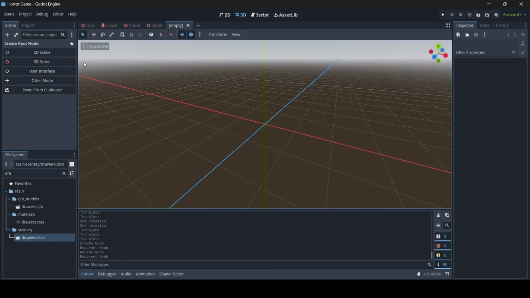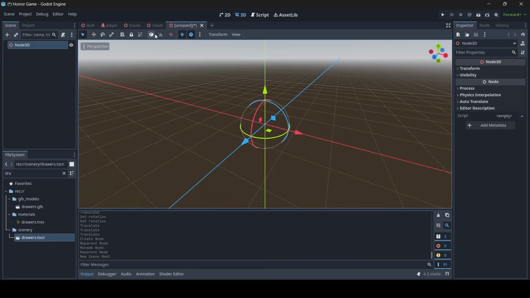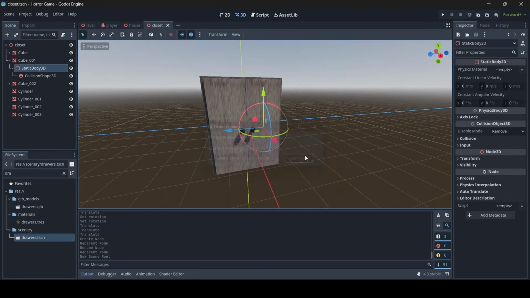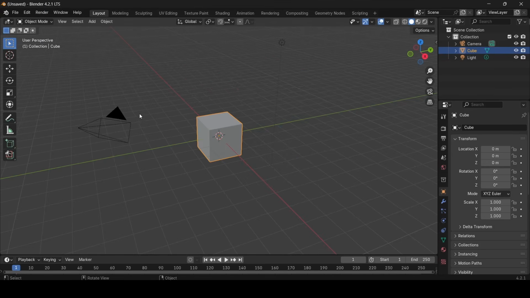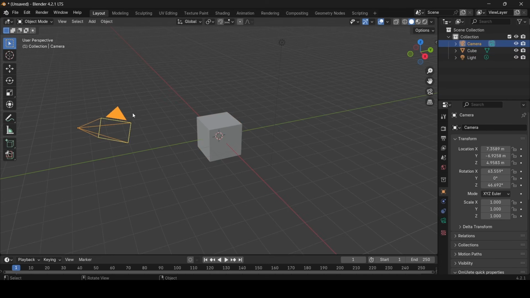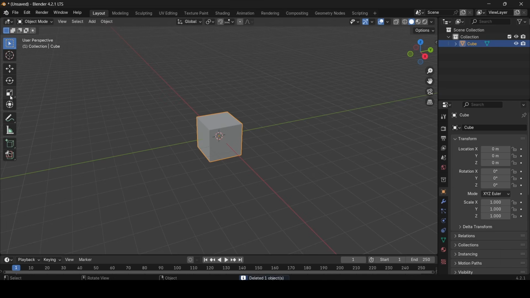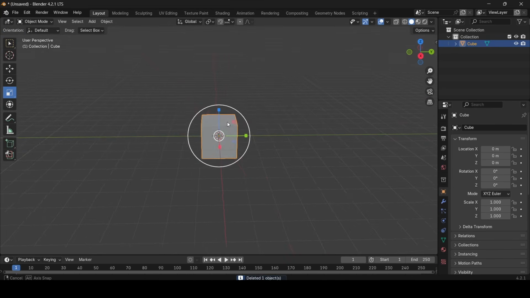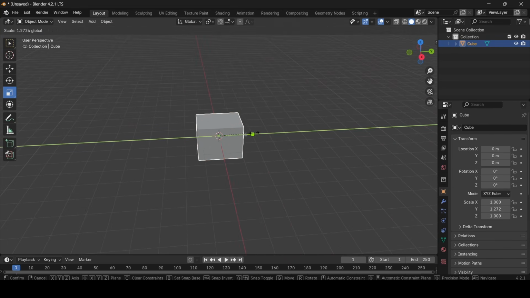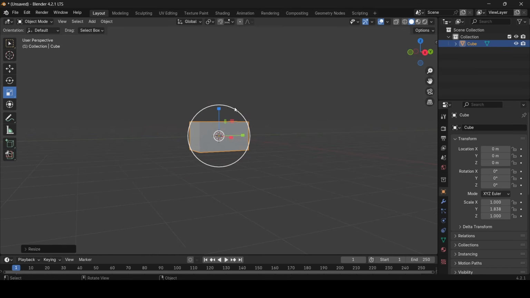Alright, so now what we're going to do is make a TV, just a basic TV. So we're going to add a new 3D scene. Actually, wait, I will do this in Blender. I was just going to do it in Godot, but I think I will do it in Blender since I want the screen of the TV to be a bit inside the TV, if you know what I mean, not outside of it. So what I'm going to do is the exact same thing that we did